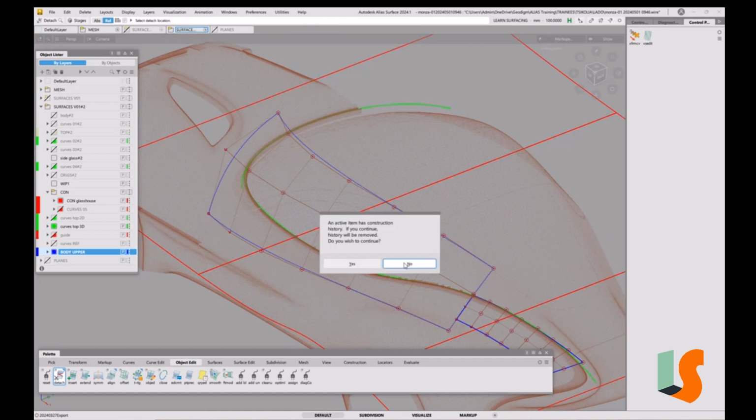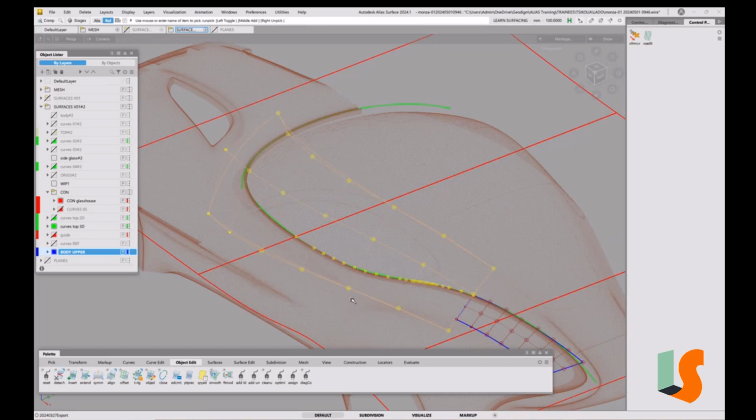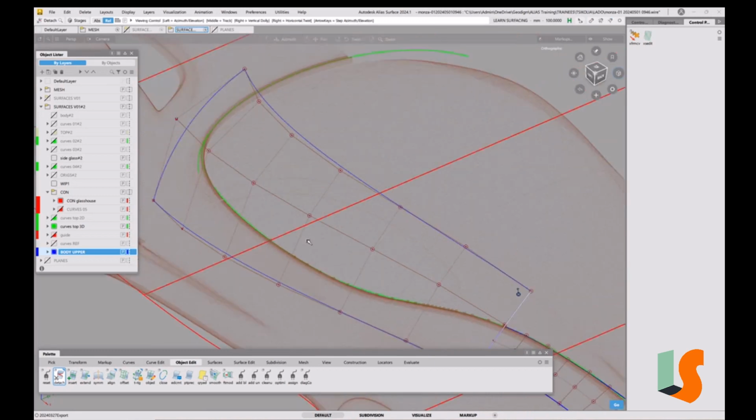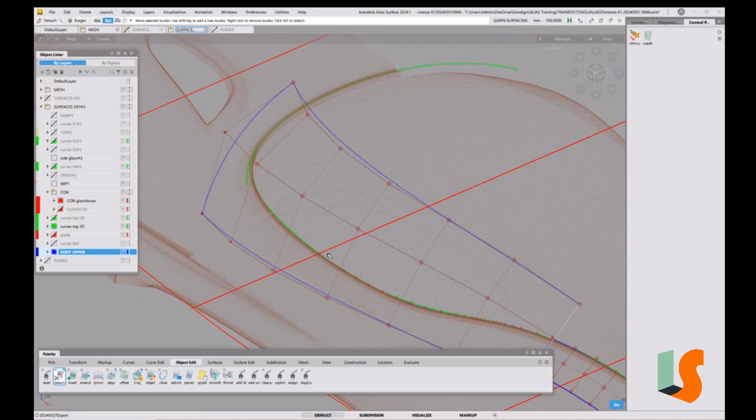I'm not sure it does. Let's just get rid of that. So I'm going to delete the history on there, because it keeps on asking me and I don't want it to do that. So I think maybe it won't let me do it. No. So sometimes you find that you're trying to do something like detach or whatever to a particular point, and